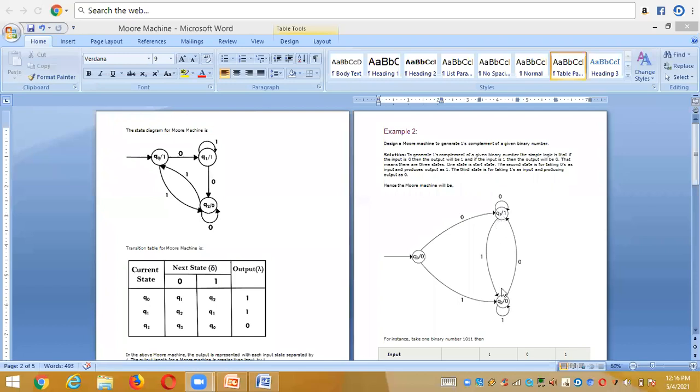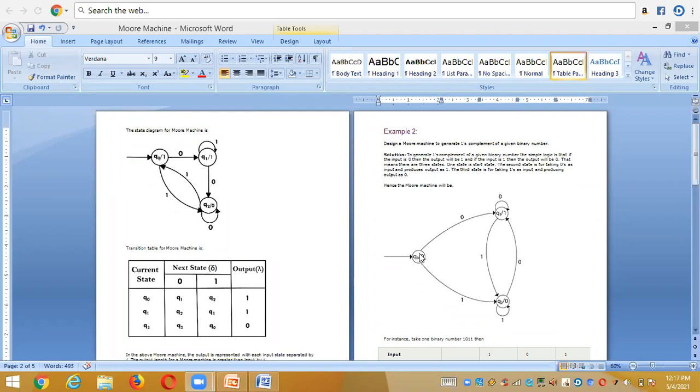Now from q1 with 1, I am doing a transition to q2, because I already gave the output alphabet 0 for q2. So when I give an input 1 from q1, I get satisfied with this. Now I need to do the self transition for q2 with 1, because my output is 0 here, right? So in this way I completed the complement. I generated the complement for the binary numbers for both input alphabets as well as output alphabet. To satisfy both input and output alphabet, I choose this machine.